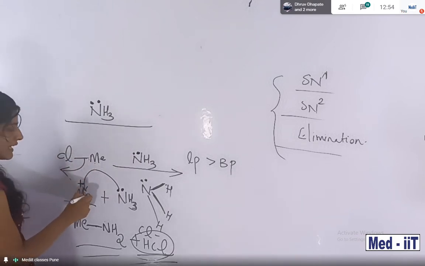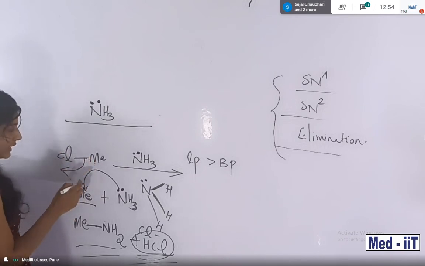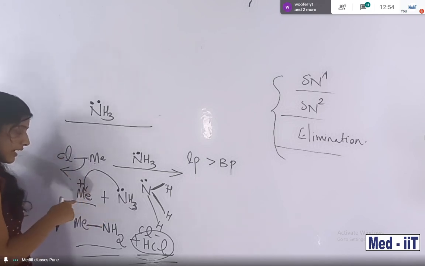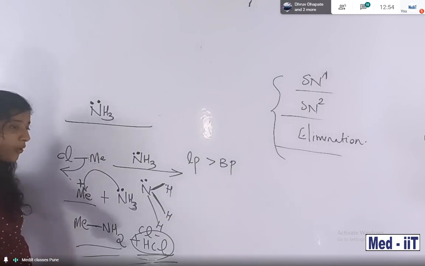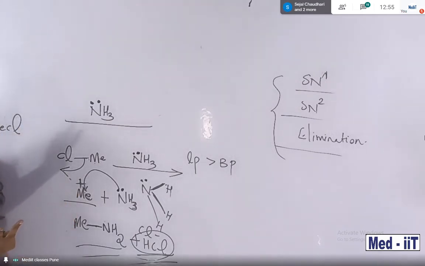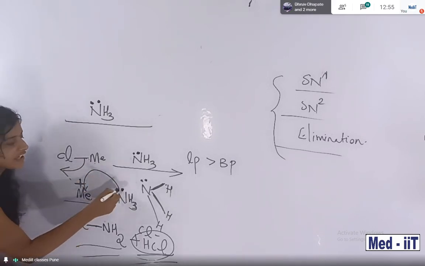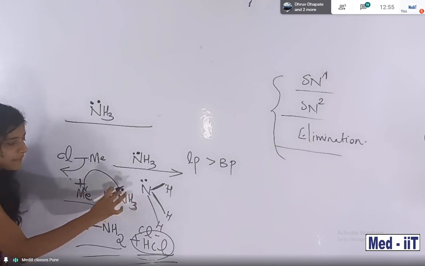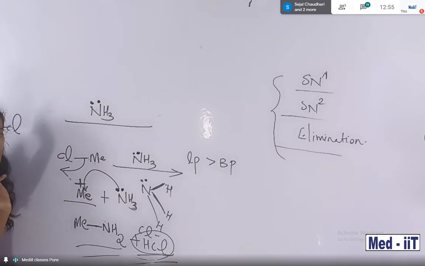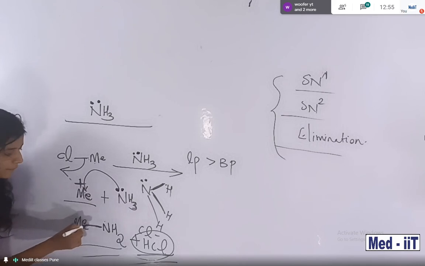So what happened? Methyl containing a positive charge. Look, after the removal of chlorine, methyl contains a positive charge. So for stability, formation of bond, what will they do? This methyl positive charge means 2 electron deficiency. For getting stable, the 2 electrons from the lone pair of ammonia are ready to donate here, making a bond with the nitrogen and remaining hydrogens. Likewise, these 2 electrons donated to the methyl group form a bond.